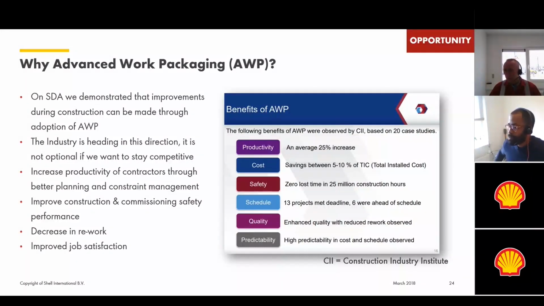So the industry is heading into this. We were a little bit behind, I believe, within Shell, but catching up quickly there. And the main objective, of course, is that it supports our efficient execution requirements, because there is so much clarity on the packages. Instead of giving everything to a contractor and hoping that he will be done at a certain point, you can track the smaller packages over time from a cost, schedule, and even quality perspective overall.